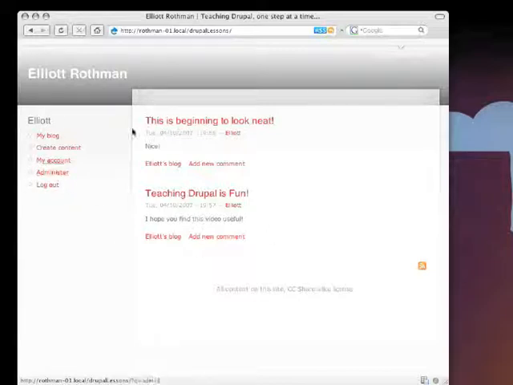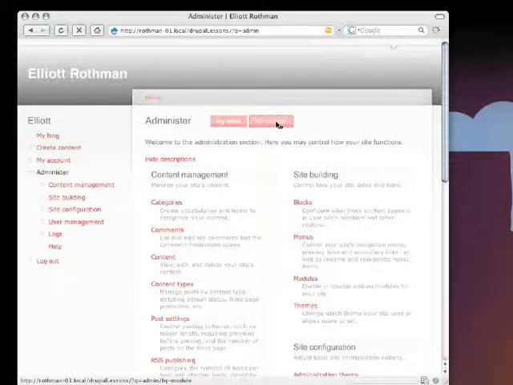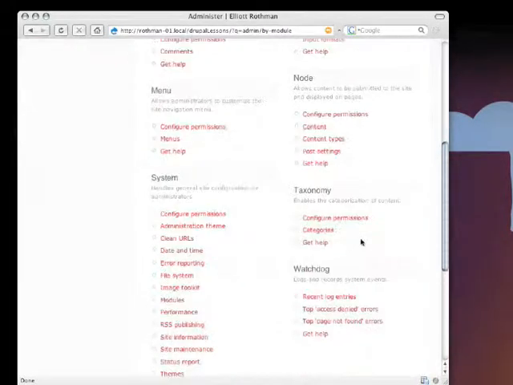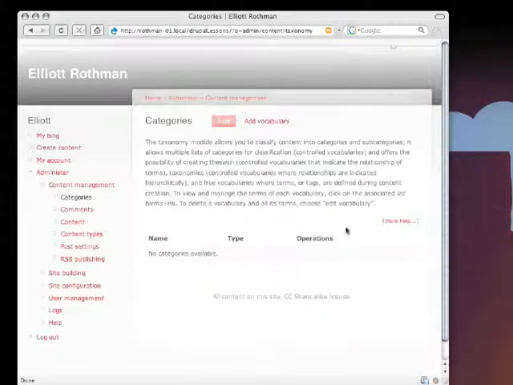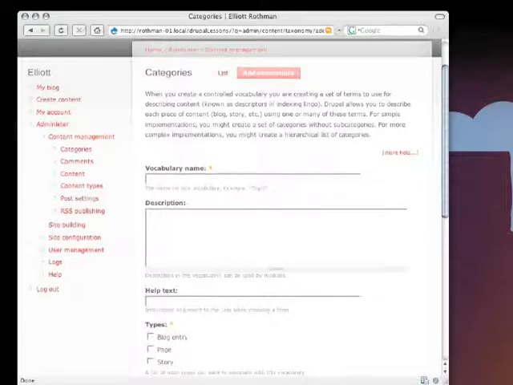Last time we created a couple of posts, and in a blog it helps if you can categorize those posts. So when you click administer, we're going to take a look at administering by module, and we're going to look at taxonomy. We'll go to categories. Alright, so you see no categories available, so we have to first add a vocabulary before we can add actual